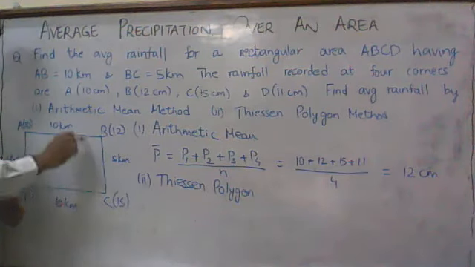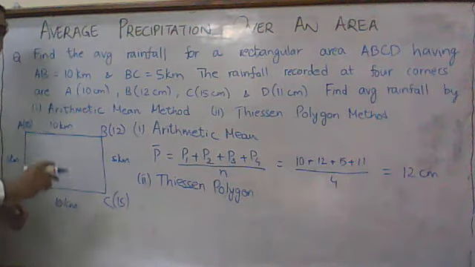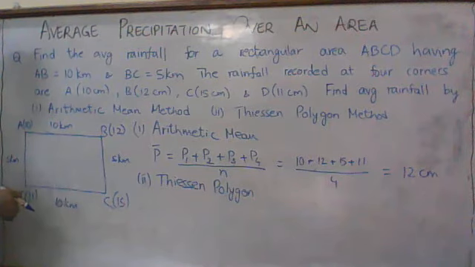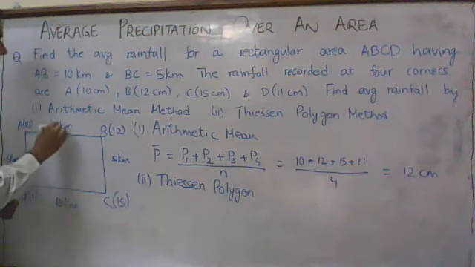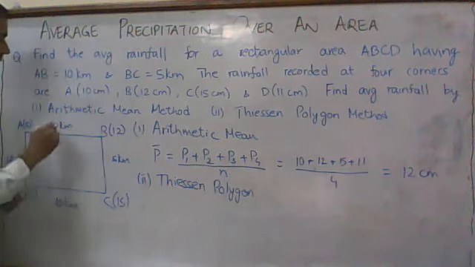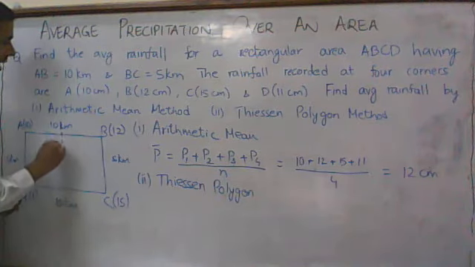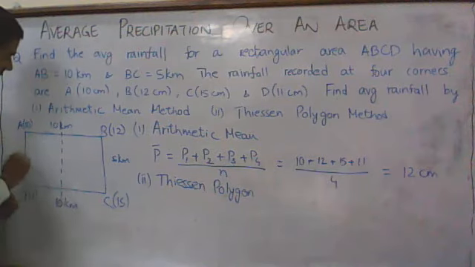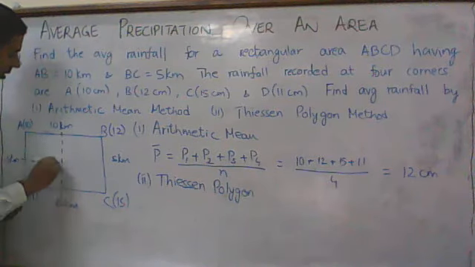This is a rectangular area. Now, in this rectangular area, you have to bisect this with the help of perpendicular bisectors. Okay. So how is this bisected? Suppose this line is bisected like this, and this line is bisected